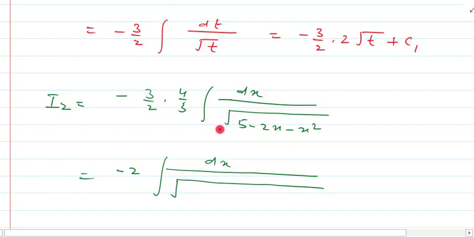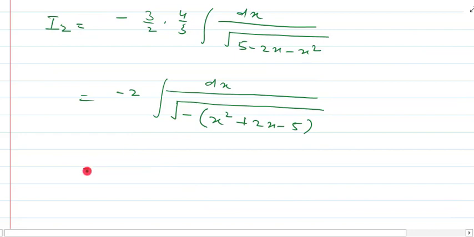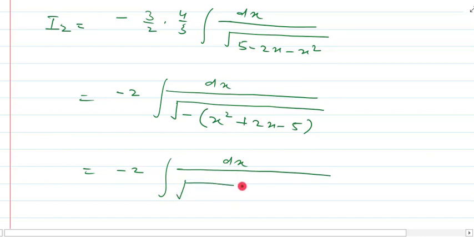That cannot come, that will be an imaginary number, that is iota. So taking the negative sign inside the square root sign but rearranging it, we are getting x square plus 2x minus 5. So it is equal to minus 2 integration dx upon square root of minus,